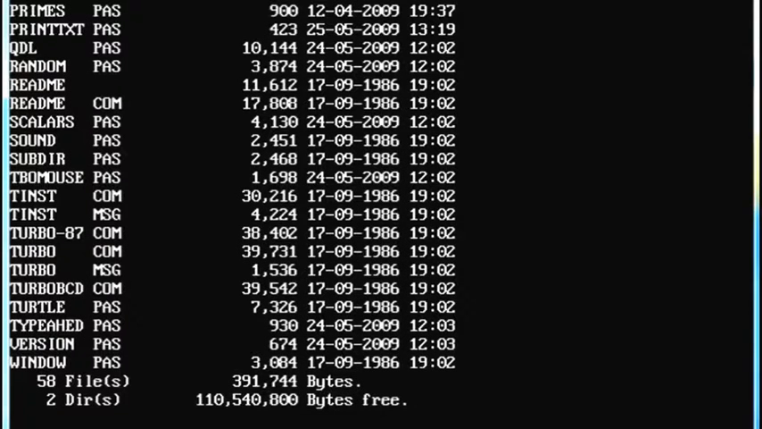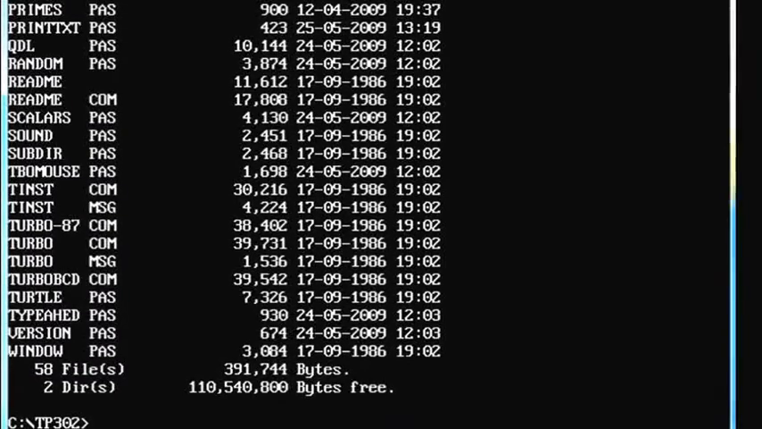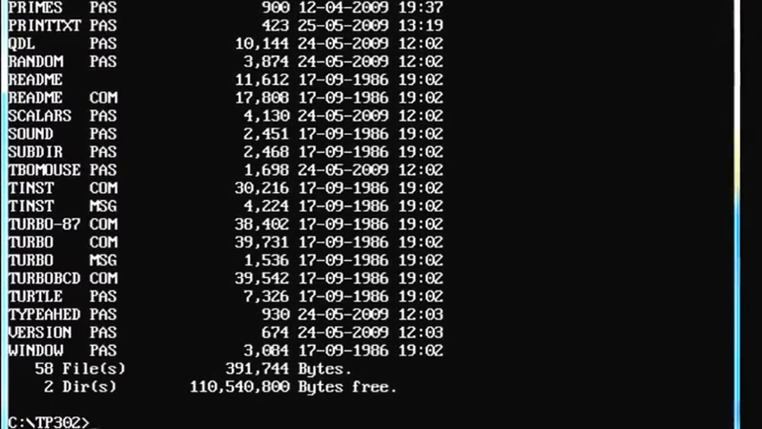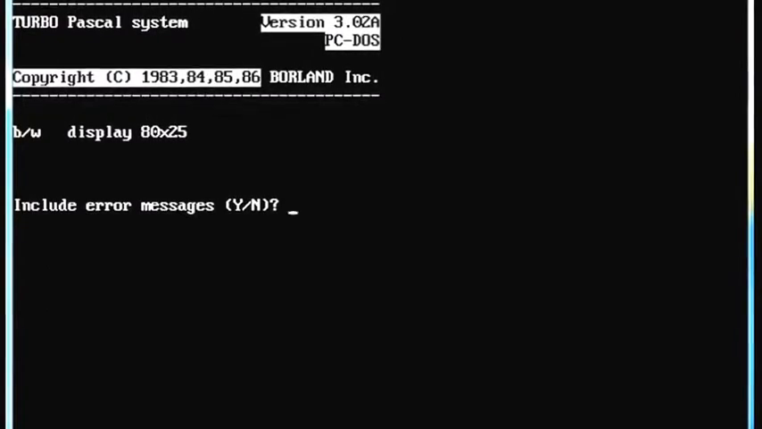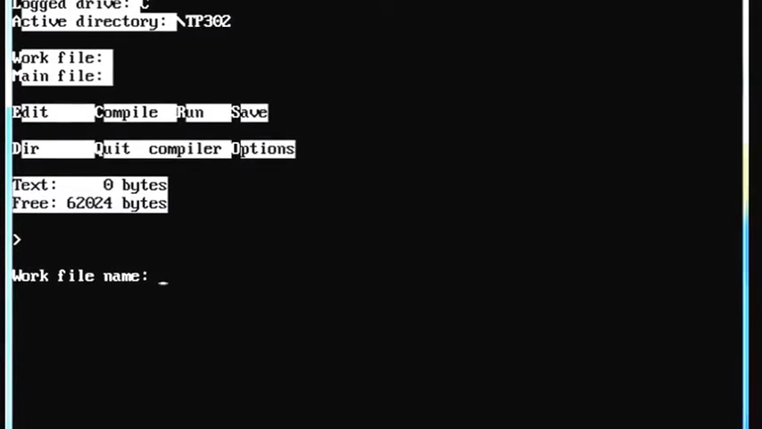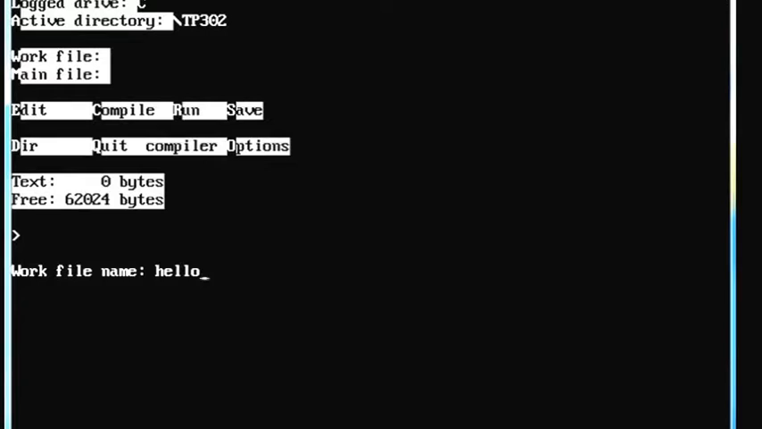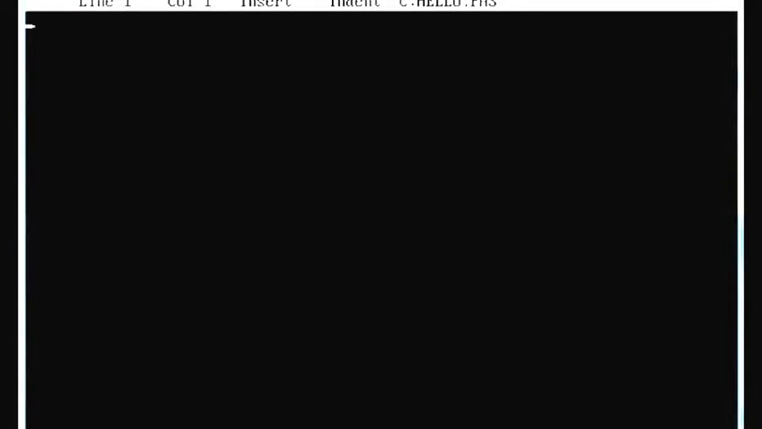Now you can get this compiler from my website, of course. It's completely free now, because it was profitable a long time ago. Turbo. I always include the error messages, work file, hello, E for edit, and then program hello,